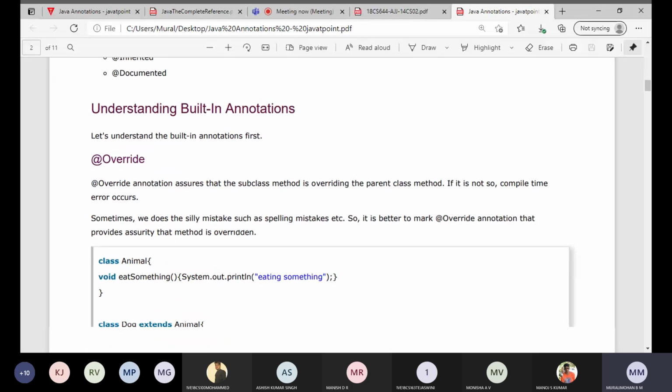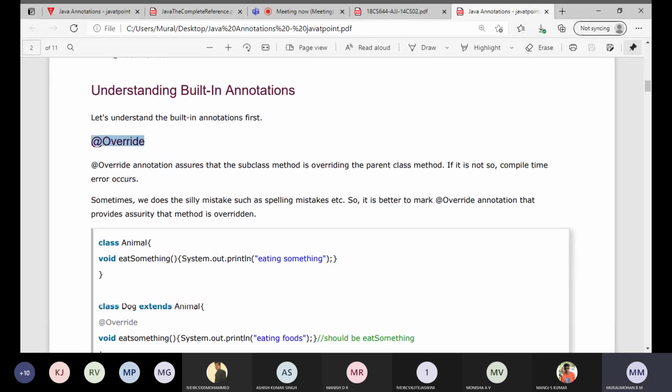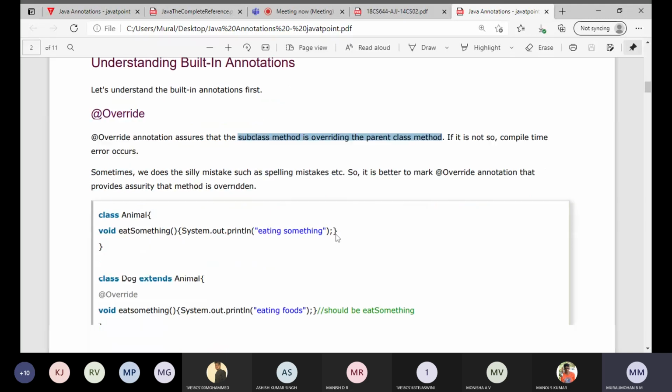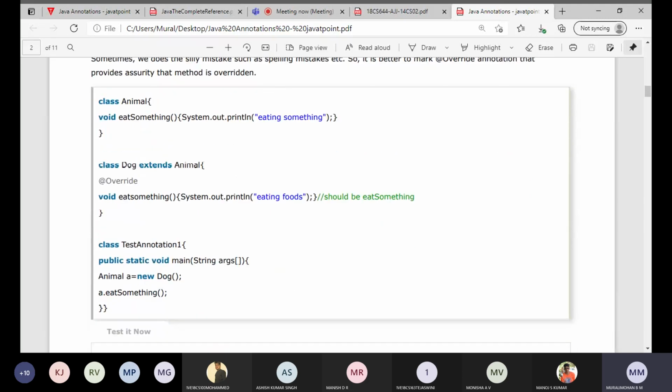Okay, @Override. This will assure that the subclass method is overriding the parent class method. For example, in the parent class we have eat something.